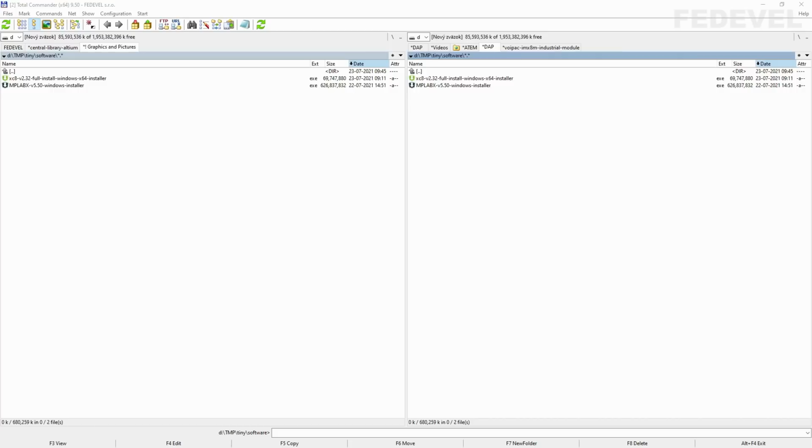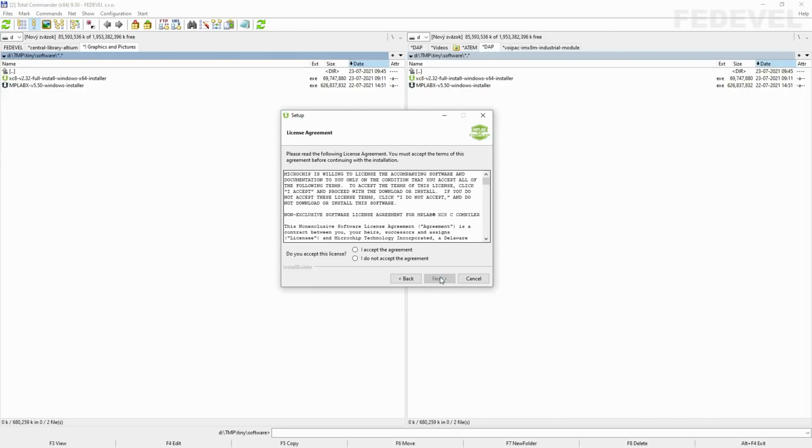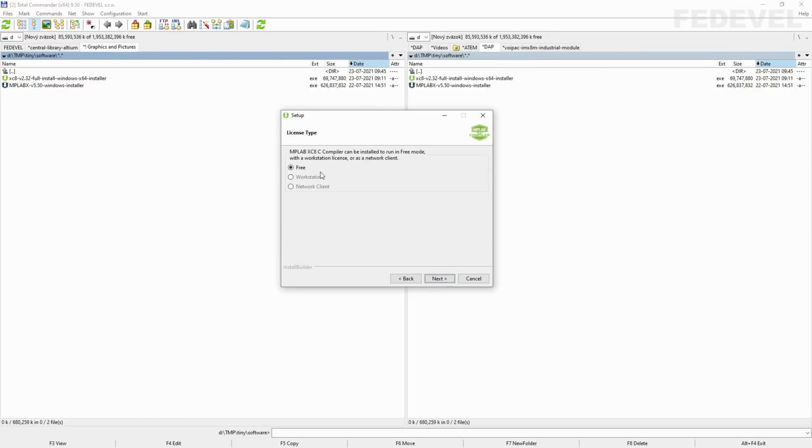Once you download the compiler, install it. Next. Accept. Next. Free. Next. Next. This can be very useful, so check it, because it can help MPLAB to find the XC8 compiler.